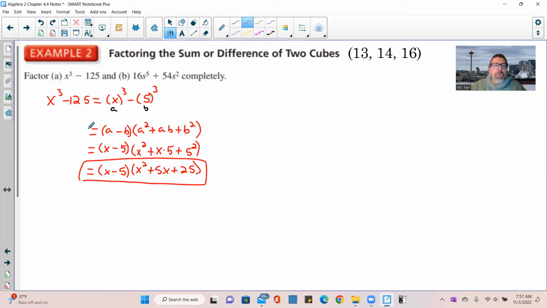So x cubed minus 125 equals x minus 5 times x squared plus 5x plus 25. Now we're going to do part B. First, write the problem: 16s to the 5th